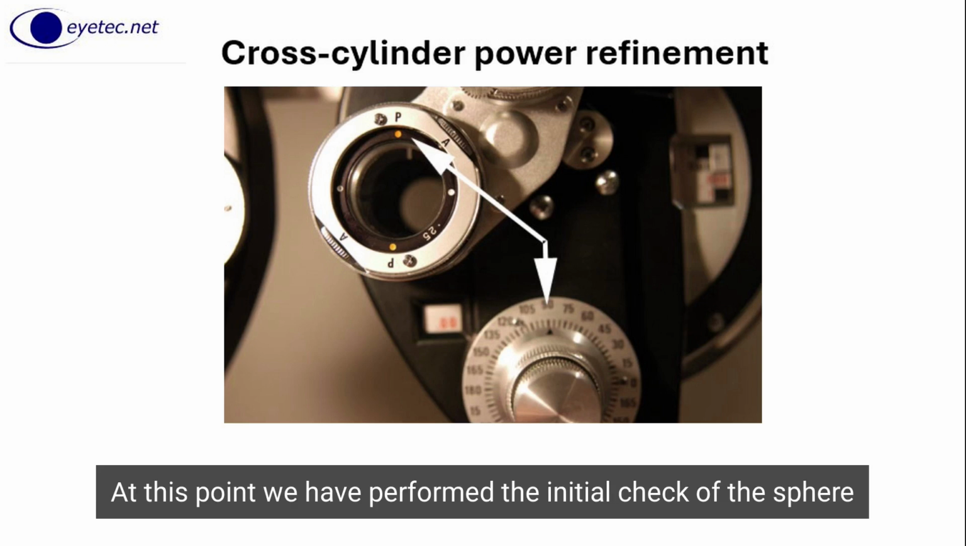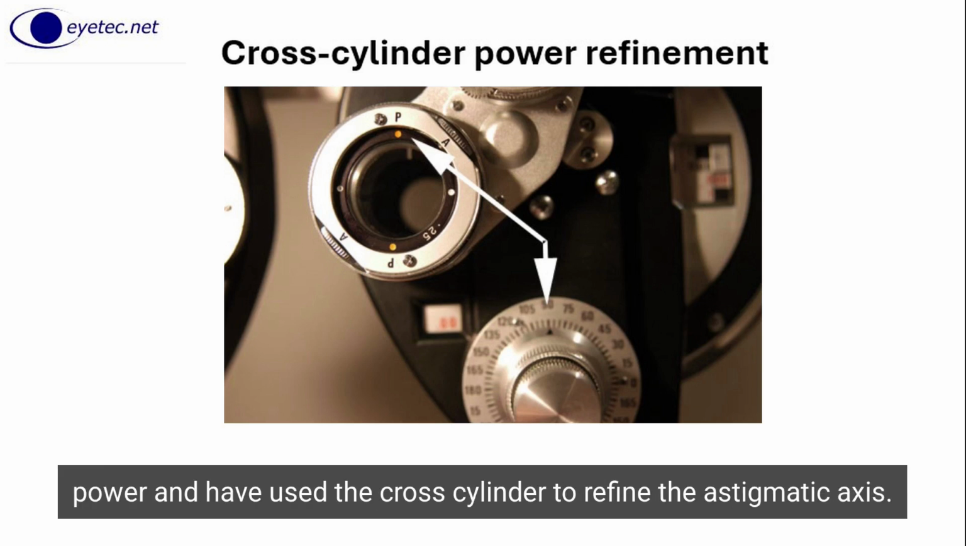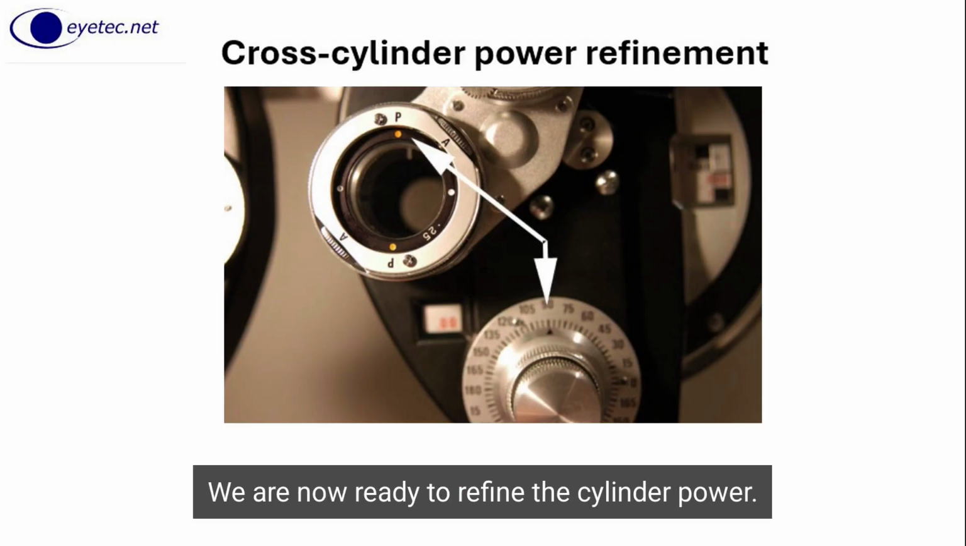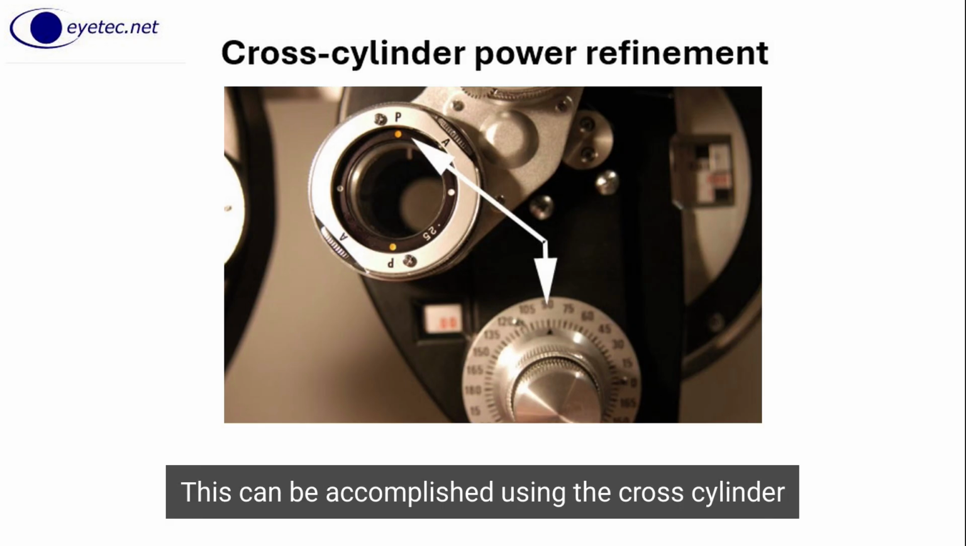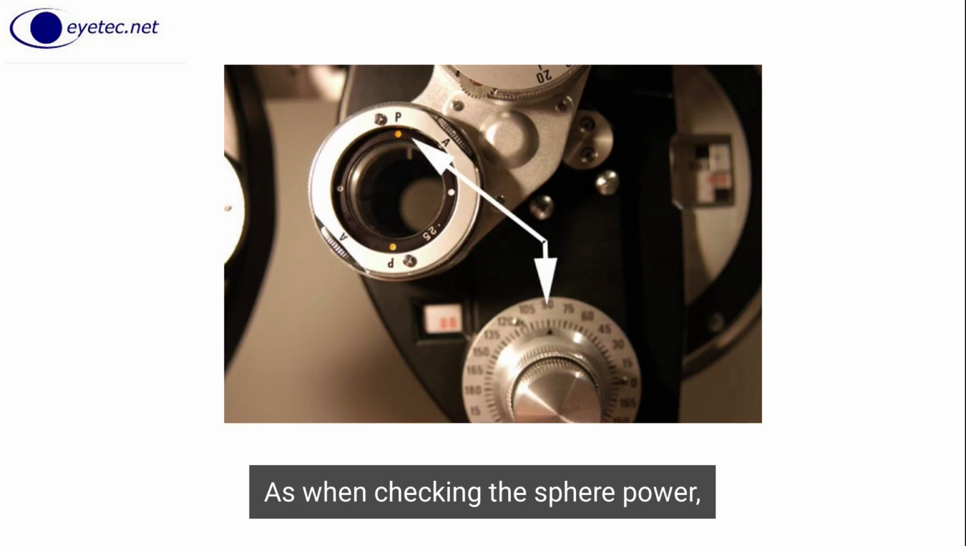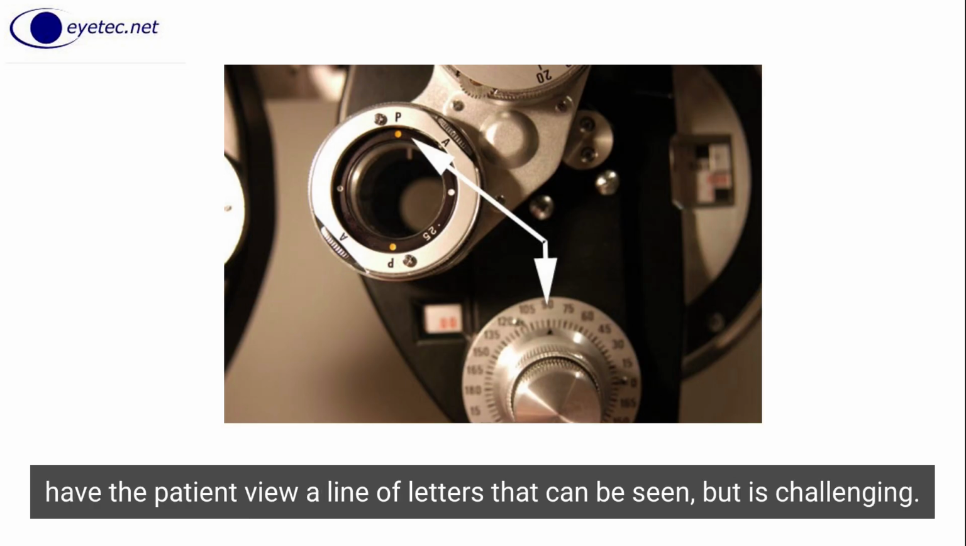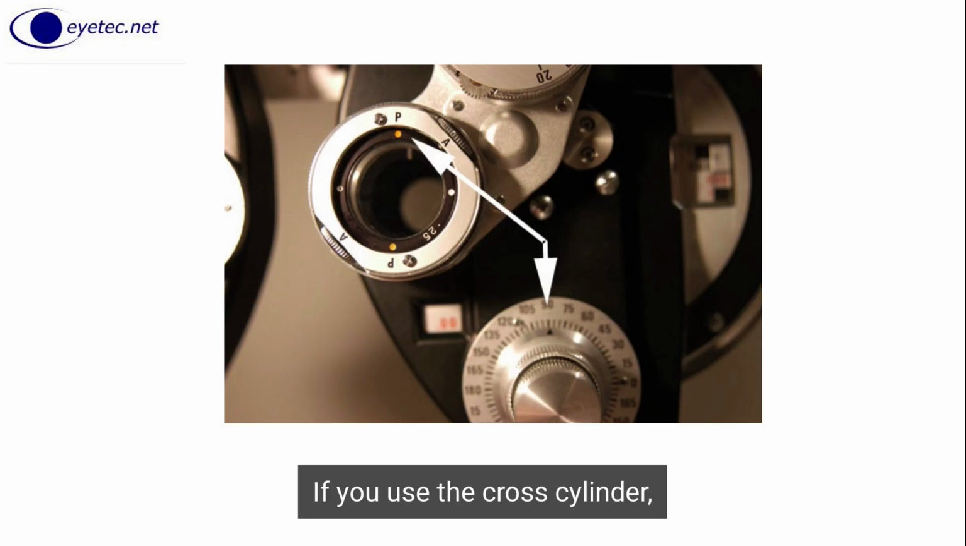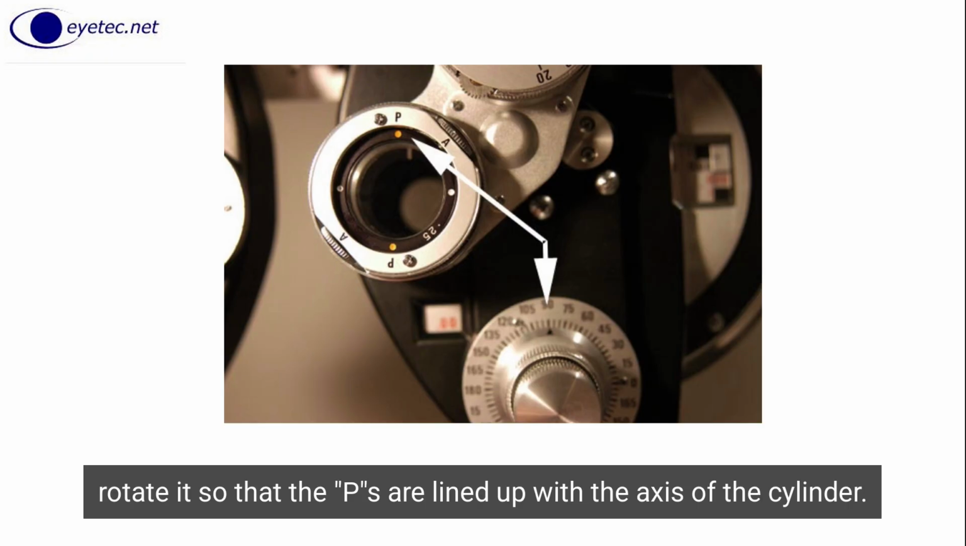At this point we have performed an initial check of the sphere power and have used the cross-cylinder to refine the astigmatic axis. We are now ready to refine the cylinder power. This can be accomplished using the cross-cylinder or by simply using the cylinder power wheel by itself. As when checking the sphere power, have the patient view a line of letters that can be seen, but is challenging. If you use the cross-cylinder, rotate it so that the P's are lined up with the axis of the